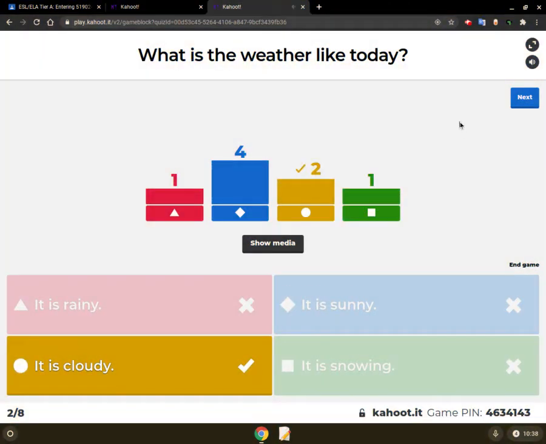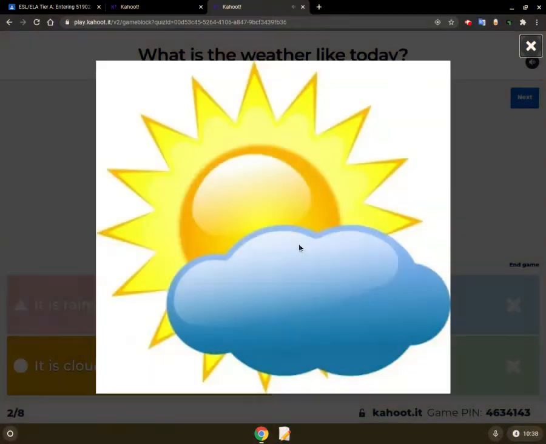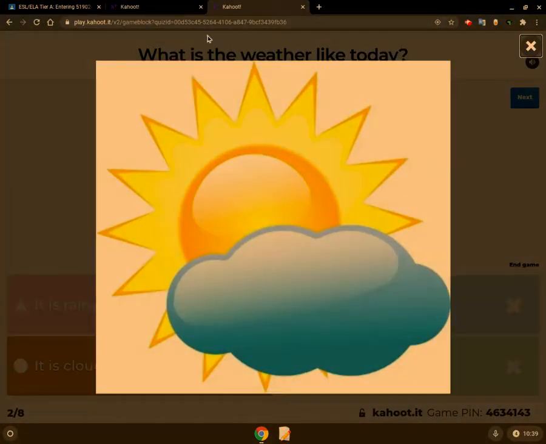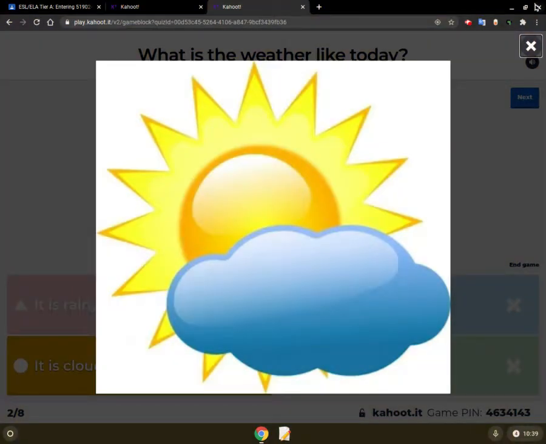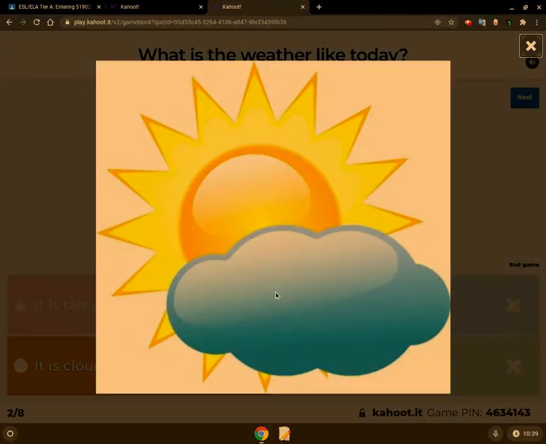Okay. So let's look at the picture. What do we see in this picture? We see the sun and we see the cloud, right? Now, I can understand how you might have put sunny, because the clouds do not completely cover the sun, which means that we're going to see some sunlight.